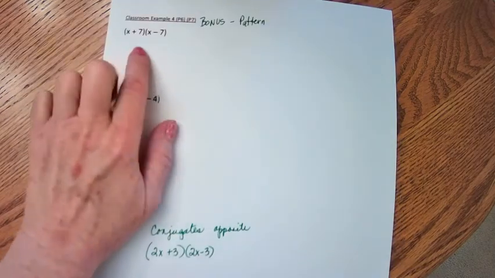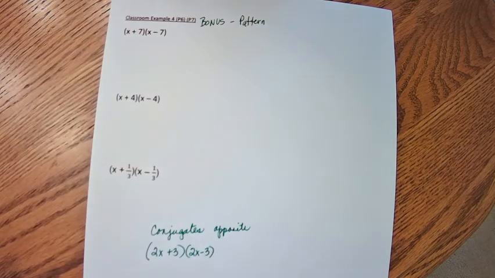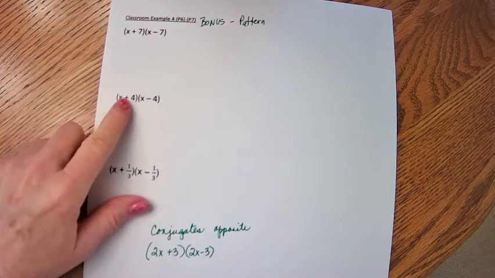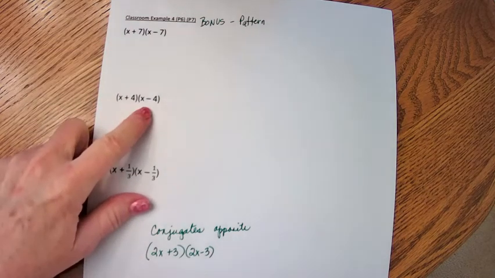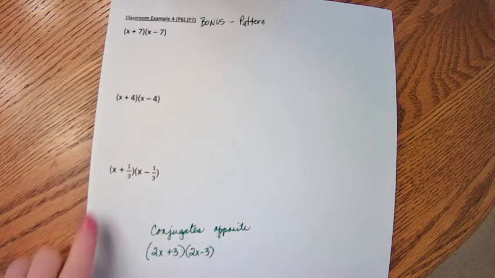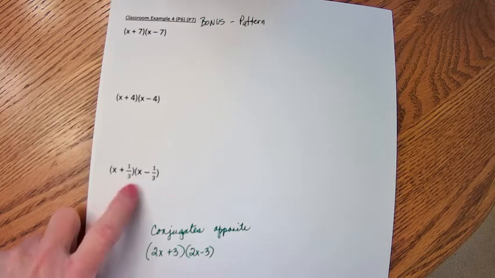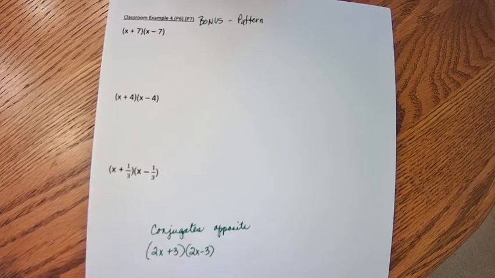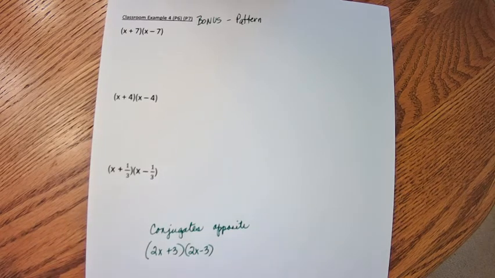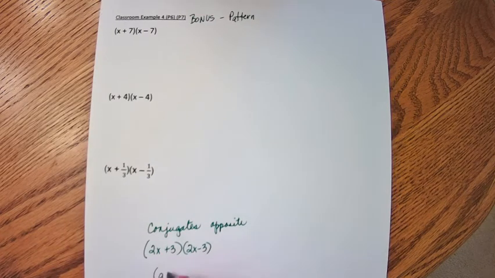So x plus 7, x minus 7, they are the conjugates of each other. x plus 4, x minus 4, they're the conjugates of each other. x plus a third, x minus a third, they're the conjugates of each other. If you are multiplying conjugates,